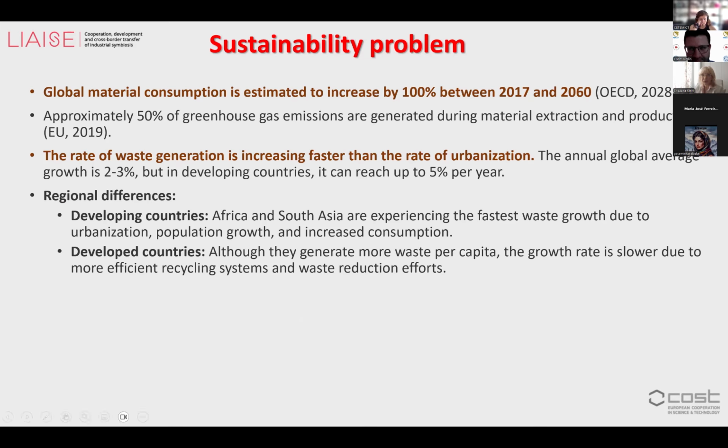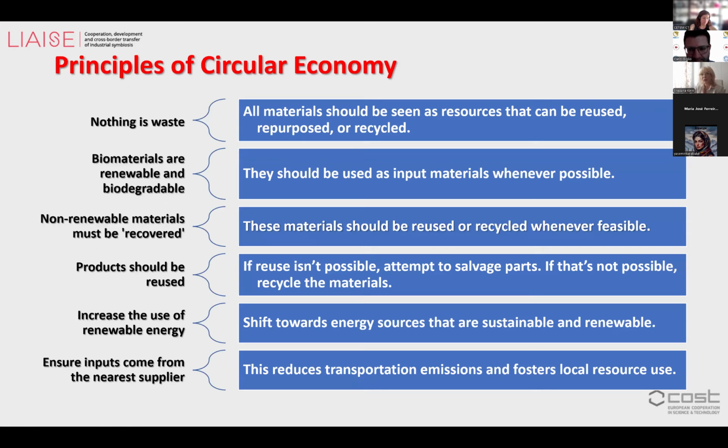The rate of waste generation is increasing faster than the rate of urbanization today. And there are principles of circular economy listed here. The first one is that nothing is waste. The second is biomaterials are renewable and they should be used as input materials whenever it is possible. And non-renewable materials must be recovered. These materials should be reused or recycled whenever